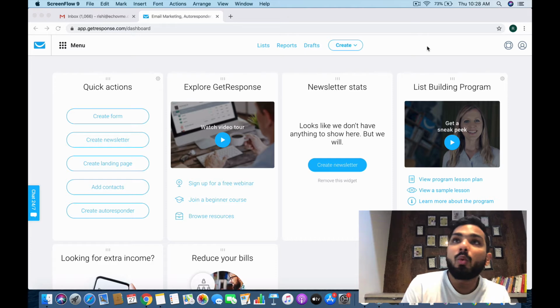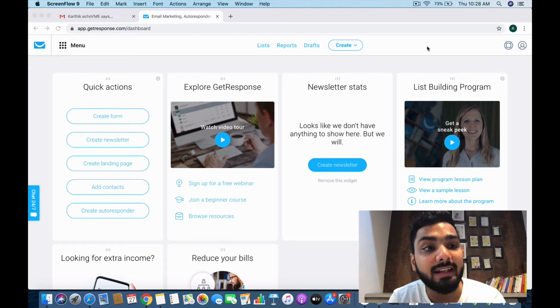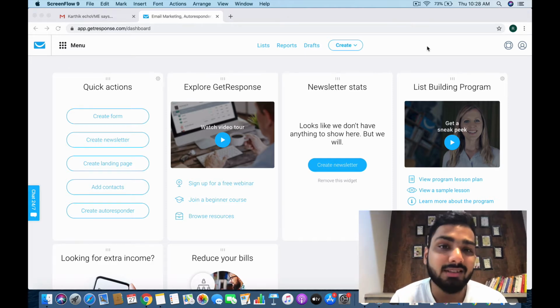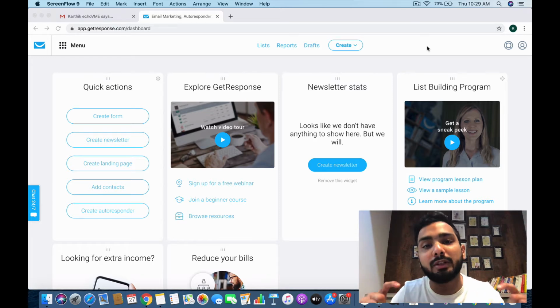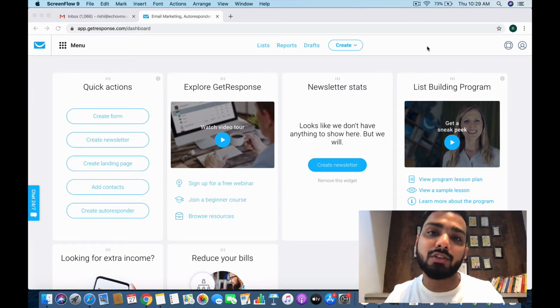So why the landing page tool of GetResponse is important is it has 100 plus responsive designs, okay, mobile optimized as well. You have easy drag and drop editors. You can do a lot of A/B split testing. A/B split testing is nothing but you can create variants of that particular landing page with different calls to action, okay, and you can optimize. You can know which call to action, and what changes in a particular landing page are working and which is converting more than the other variant. Okay, it's one of the most powerful techniques, and if you want to create high converting landing pages, you have to do A/B split testing.